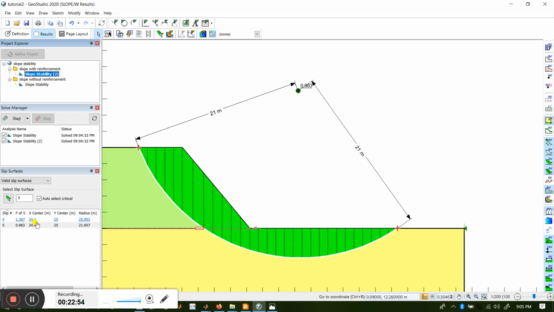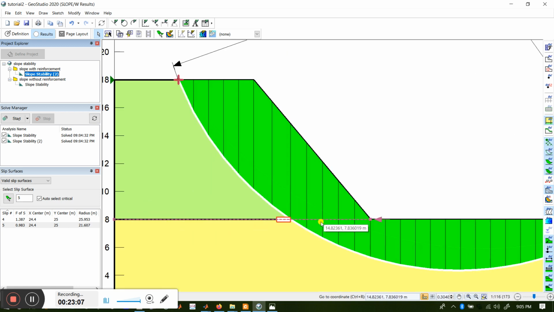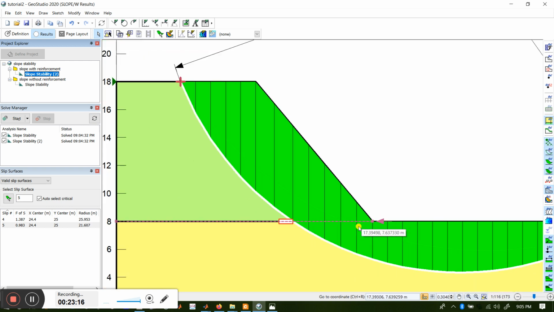So it has improved, of course, from 0.855 to 0.983. This is because we have added a geotextile, or geosynthetic, layer here. You can see it is showing the geosynthetic layer. It is showing the anchorage, and here there is also a failure of the geosynthetic.